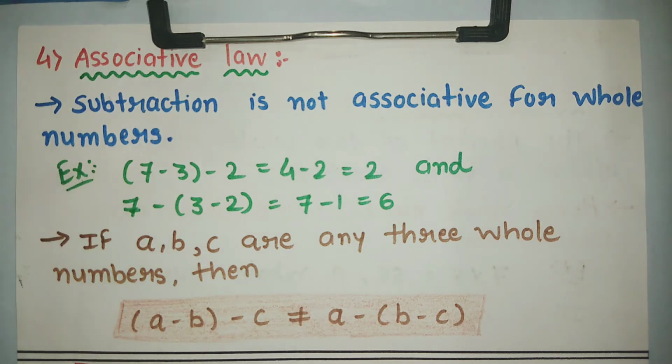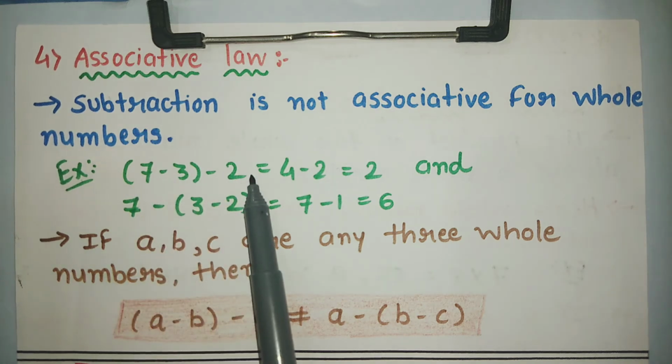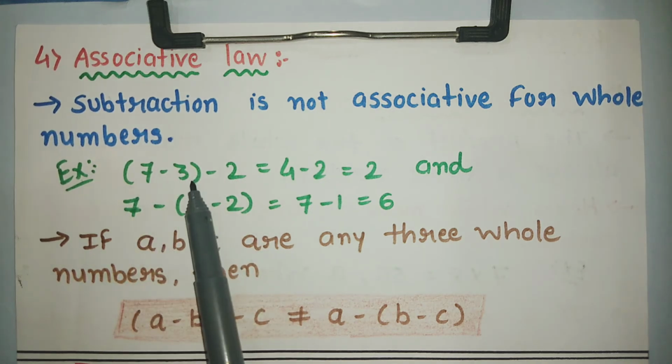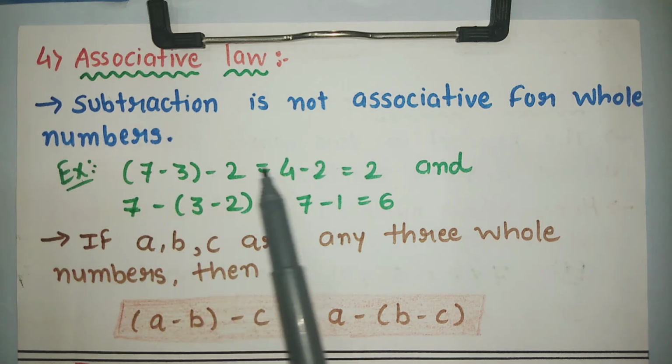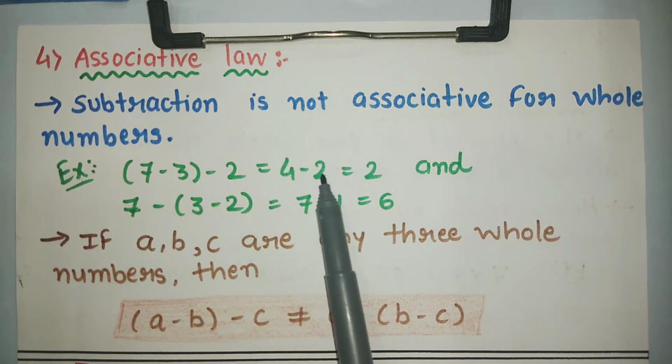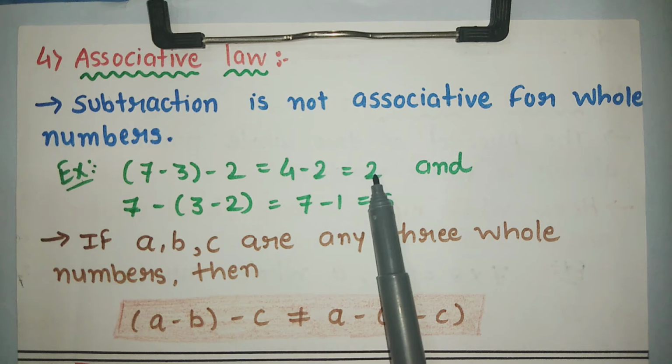If I tell you anything, will you accept that? No, you should not accept things. You should ask for the proof. So here in associative, it was said that it does not hold for whole numbers. Why? Let's check. Three-number subtraction: 7 minus 3 minus 2. First I make the group of 7 minus 3. So 7 minus 3 is 4, minus 2 as it is. So 4 minus 2 equal to 2.